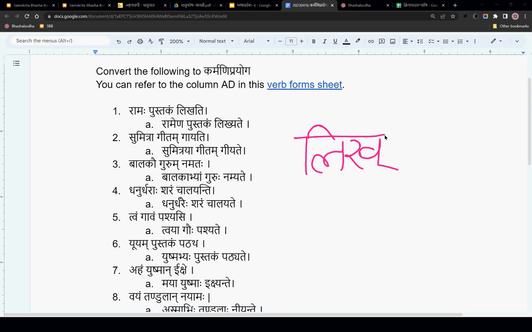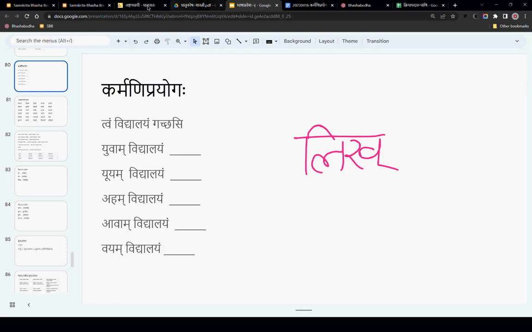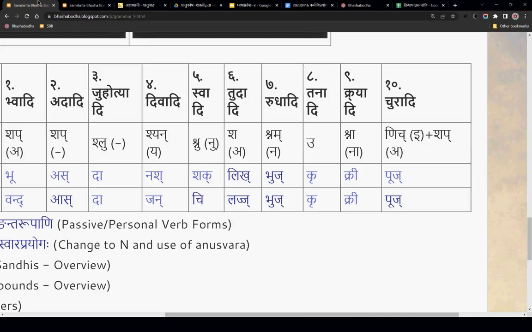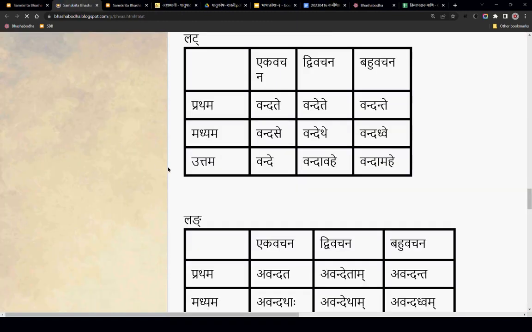That means the endings will be like atmanepada. Like if you take any atmanepada, let's say vand dhatu, right? Vand dhatu is first bhvadigana, easiest.